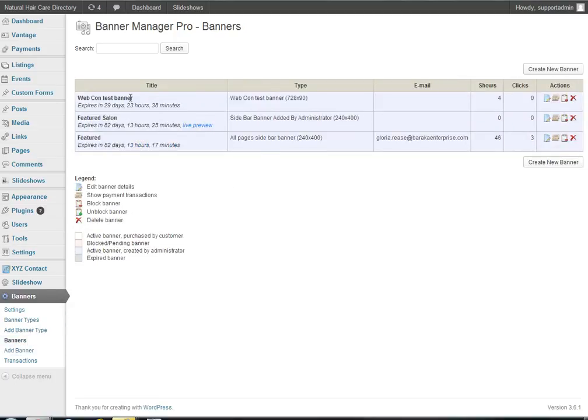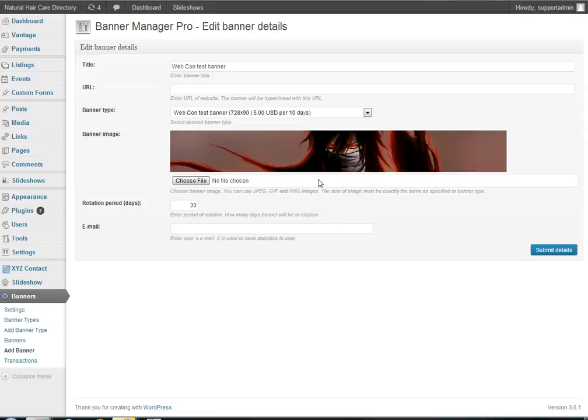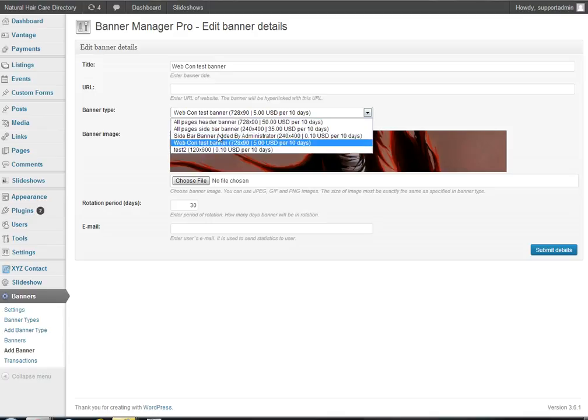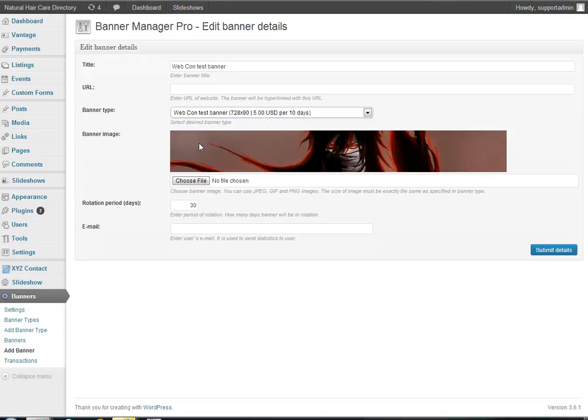And inside of here, you'll be able to designate where the banner that you've created is going to go and for what duration. So of course I put the name here. This is the banner type that I created, and of course you could reuse them as much as you want. Just make sure that you're using the correct one that you've made. You'll have different dollar amounts or different sizes, so you could reuse them over and over. Just make sure you're using the right one, and then of course the image has to match the size or be a couple of pixels smaller. So with that done,